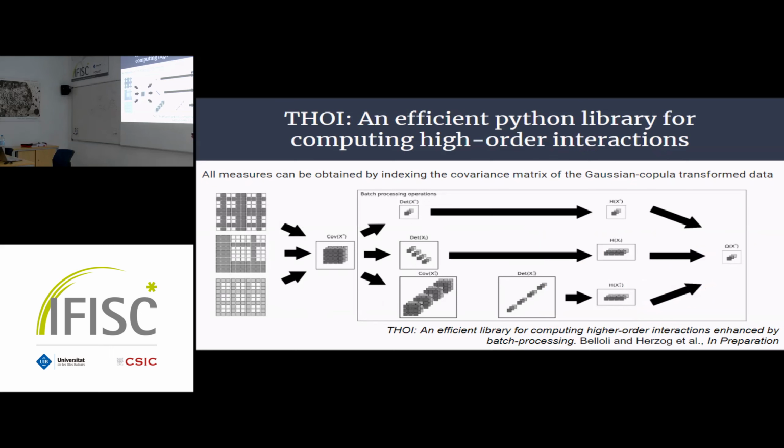Here we have another set of 4 variables, and here we also have another set of 4 variables that are different. So we don't need to compute the covariance matrix for each of these sets of 4 variables. We just compute it for the whole system, and then we use submatrices that are just indexing of these matrices, and this can be optimized by batch processing in PyTorch, and that creates a huge advantage in the computation of